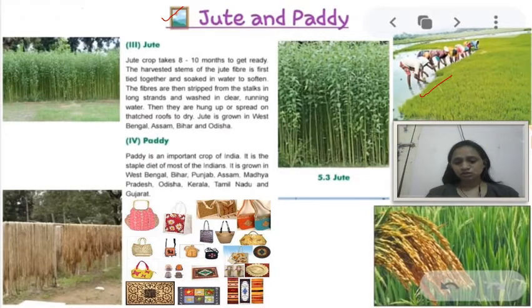Okay, this is also a picture of the paddy only. And the states which are the large producers of paddy are West Bengal, Bihar, Punjab, Assam, Madhya Pradesh. Okay, and paddy is a crop which is mostly consumed by the